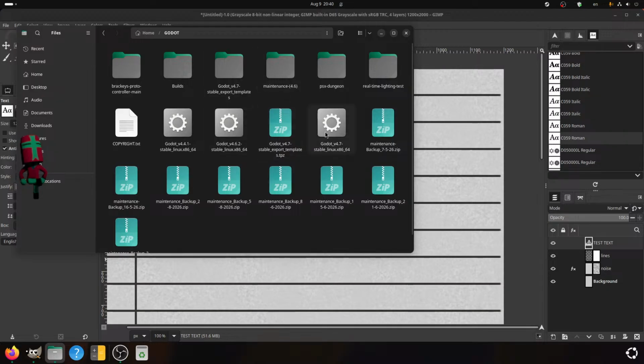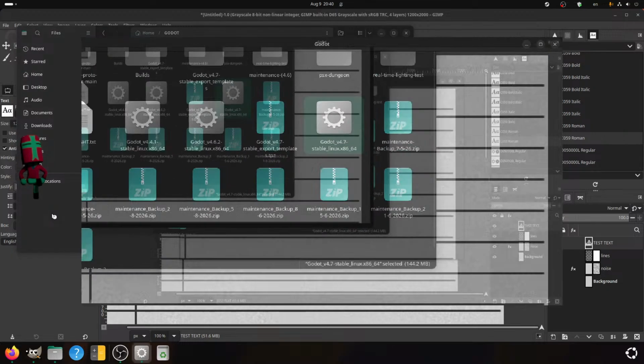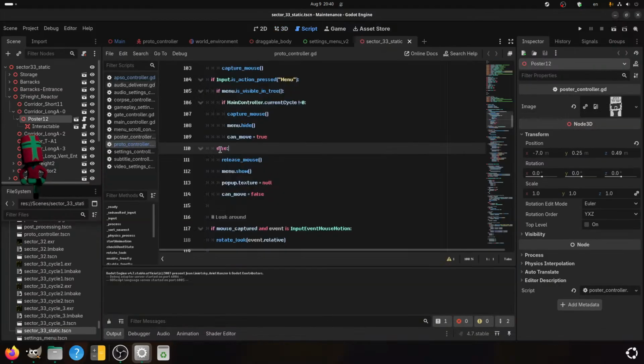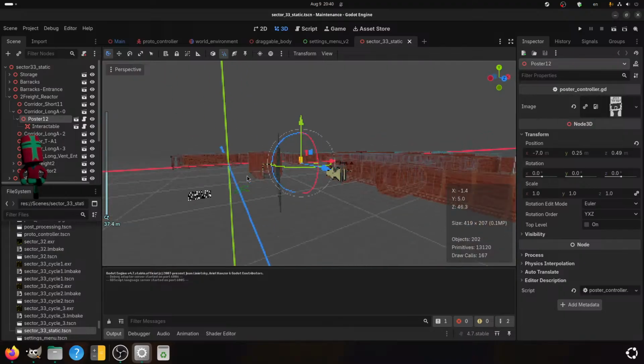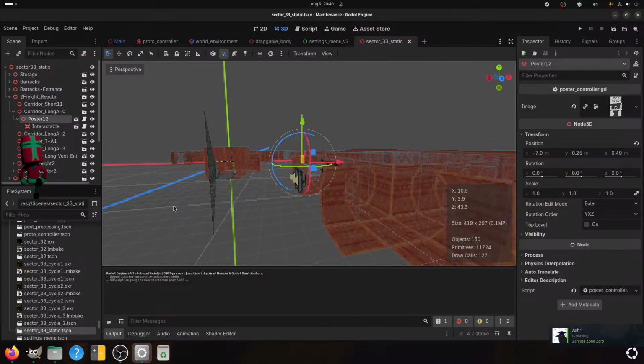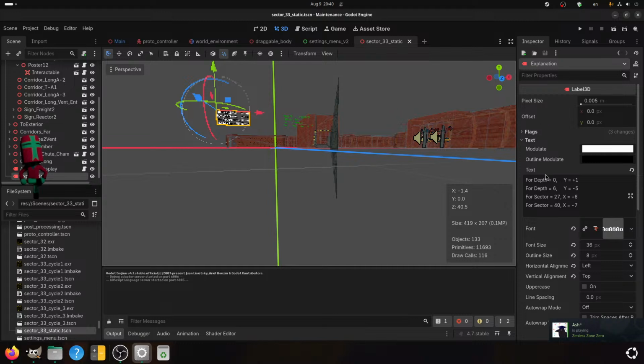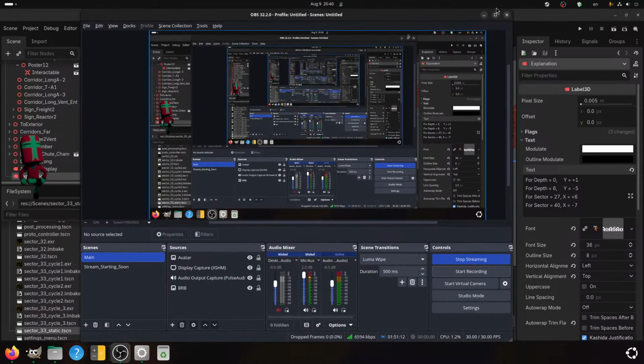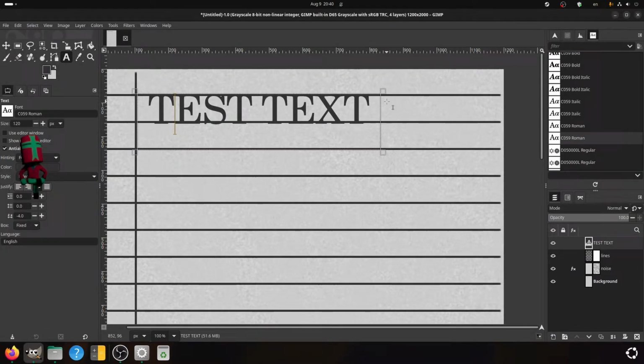If I go to Godot, on the sector static, sure, why not? What do you say? Depth equals 0. Okay. Actually, caps locks management.